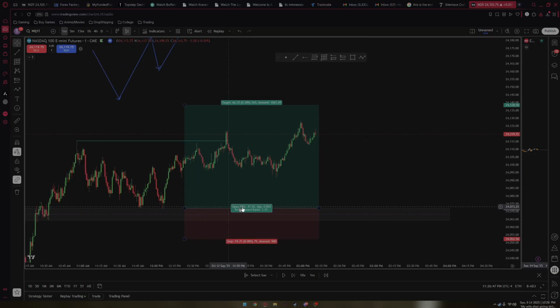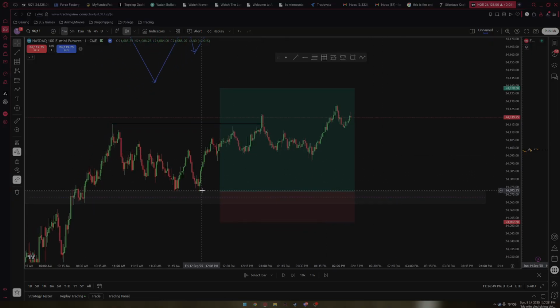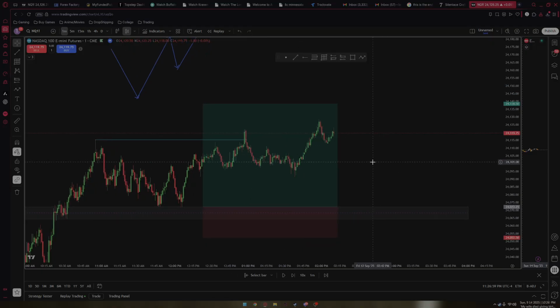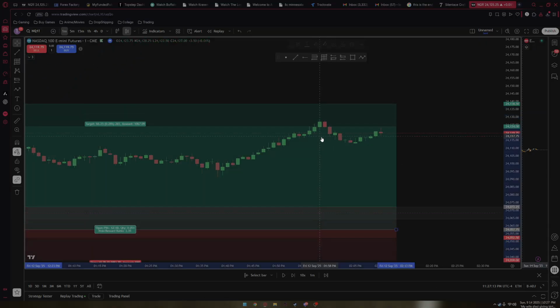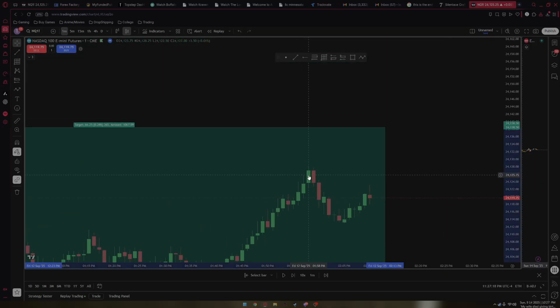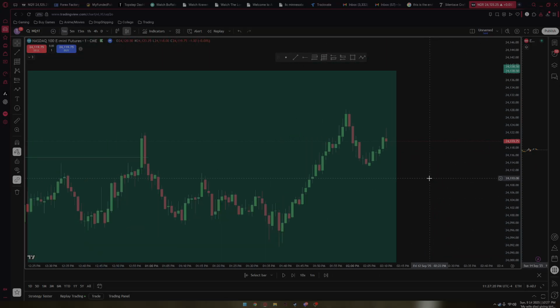Imagine it like this graph right here. Say I enter my position here, and say the market ended right here. The end of market isn't moving, you're waiting for the next day, and this still hasn't hit my take profit. I think it depends on the firm, but most of the time they just close your trade before. So it would have closed my trade on this candle right here, automatically, simply because